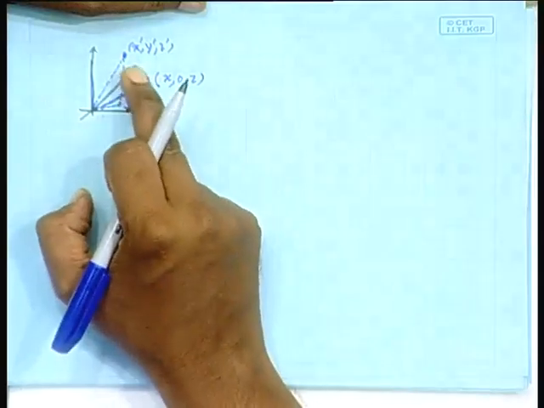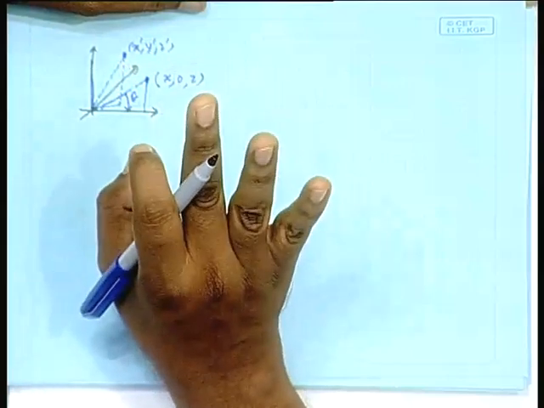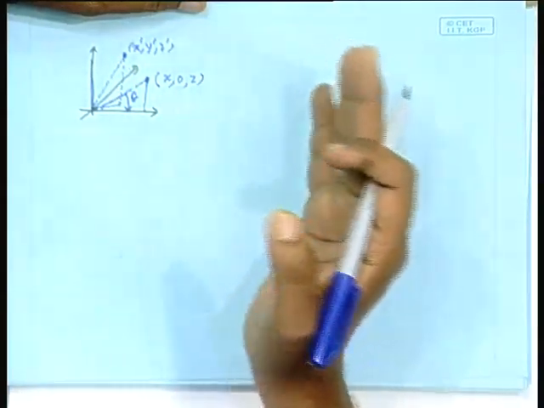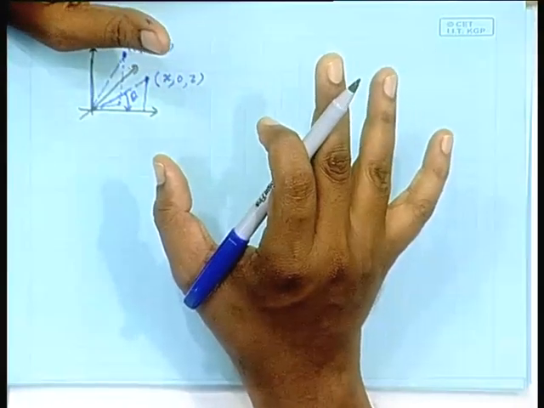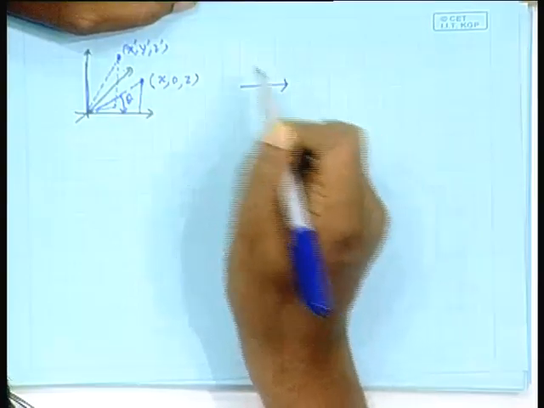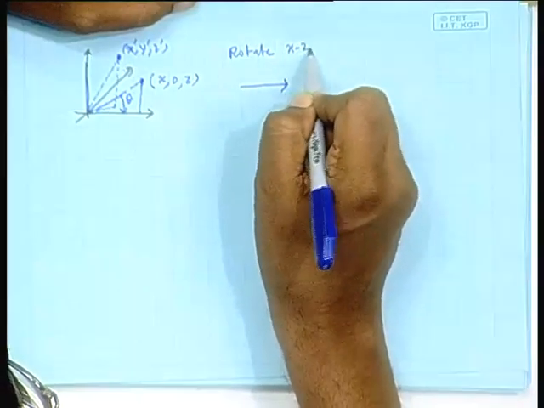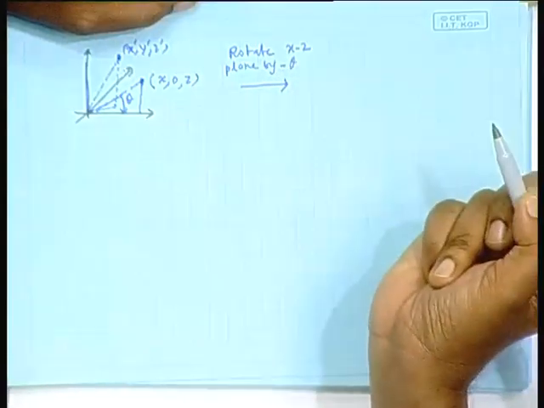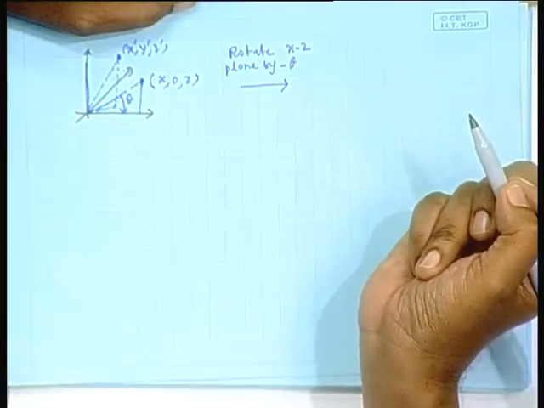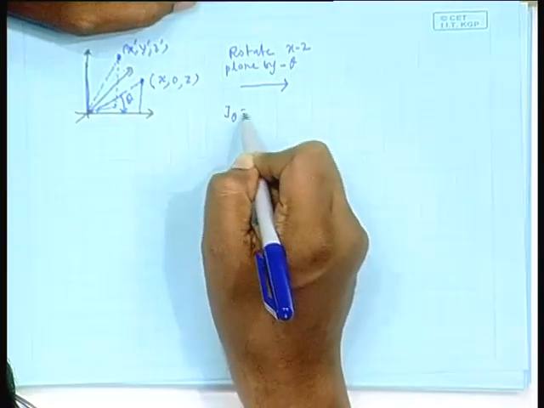Obviously, that will change the coordinates of this other vector also, isn't it? Nothing will be annihilated in general, but the coordinates will change, of course, you have to write them in. But y prime will remain same. I am only rotating x z plane, y prime will remain same. So, I am saying rotate, okay. That means again I write the matrix J theta.